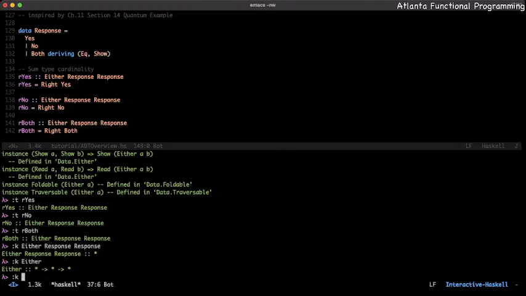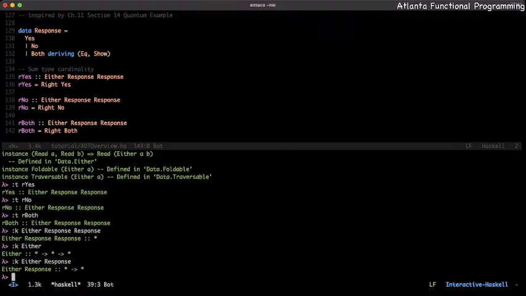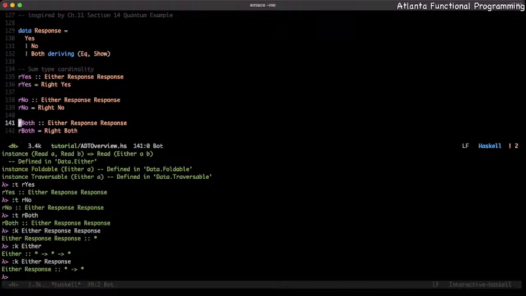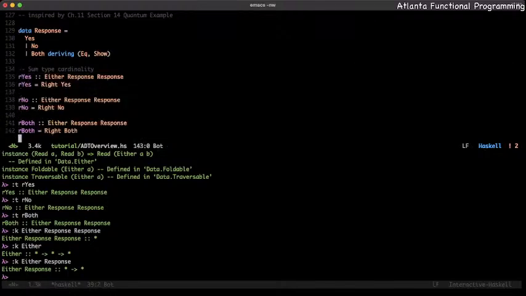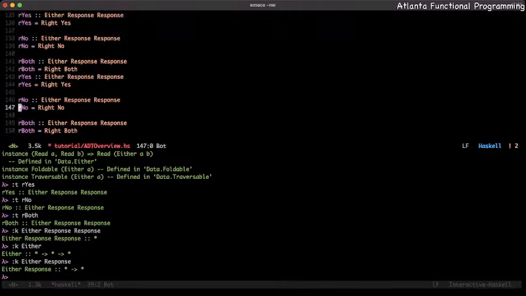Higher kinded types we'll be discussing later on. If we end up partially applying it, we have the ability to get the same thing. So let's finish this off. If we have the fact that we have a Left and a Right in the Either type, we naturally have now an additional